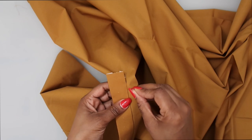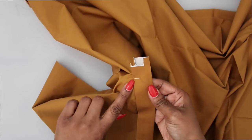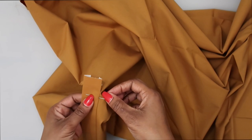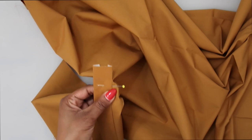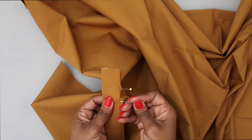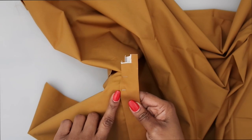But I'm just going to place my pin right here in the groove of the seam. And I want to make sure that I catch a little bit of the fabric. So I have a little bite of the fabric right here. So when I stitch in the ditch, I'm going to be catching that fabric right here in that seam. And I'm just going to continue doing that all the way down. So you just put your pin right in the seam, and you want to make sure that you're catching fabric